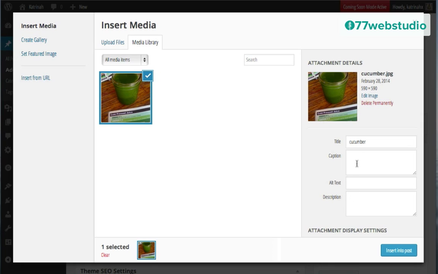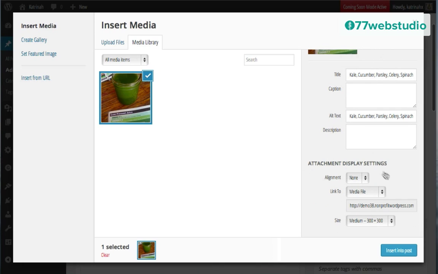It's always a good idea whenever you're adding images to your WordPress website to give, at minimum, a title and an alternative text. This way, anyone who's using text-to-speech software or perhaps cannot see the image on their browser for some reason will at least know via the alternative text what this image is about.